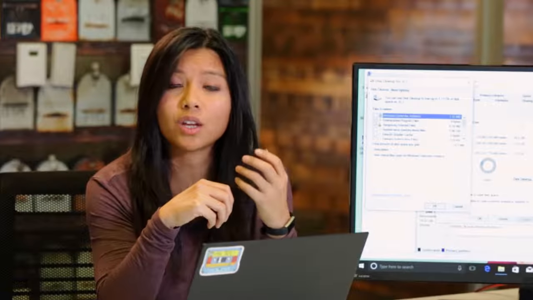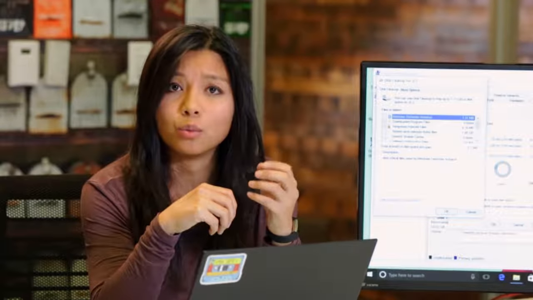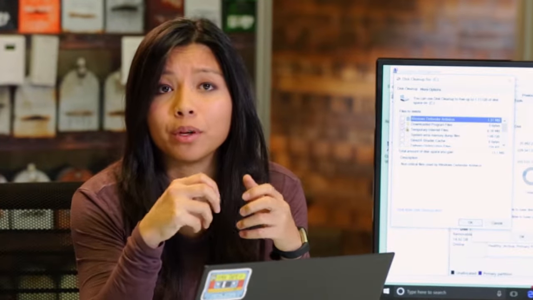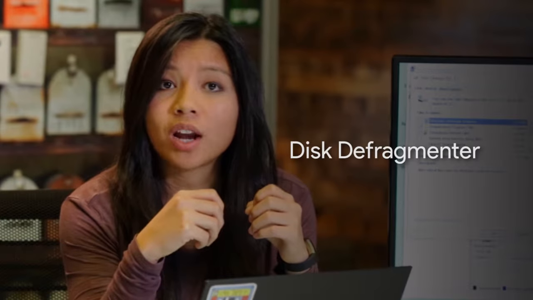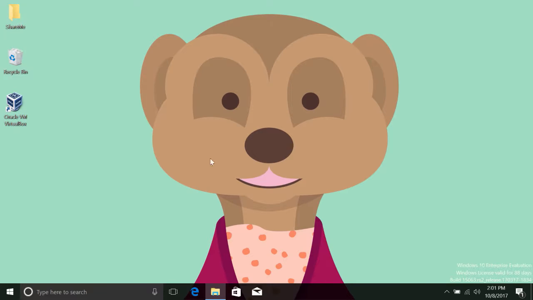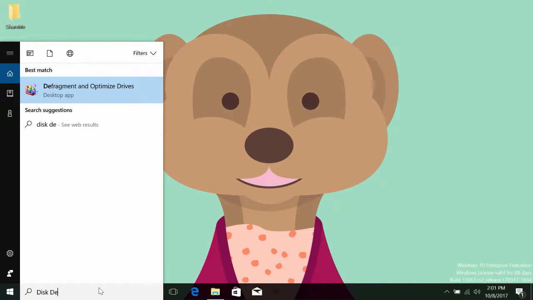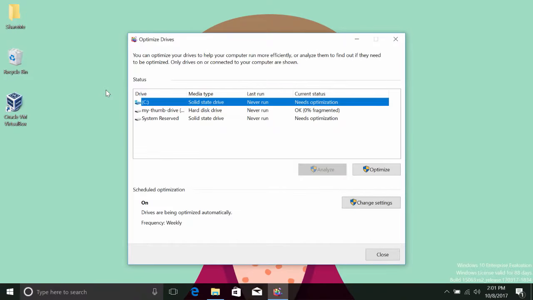Defragmentation in Windows is handled as a scheduled task. Every so often, the operating system will defragment the drive automatically, and you don't need to worry about it. But you can manually defragment a drive in Windows if you want to. To kick off a manual defragmentation, open up the Disk Defragmenter tool bundled with the OS. So type Disk Defragmenter. When it launches, you'll be given a list of disks which can be defragmented, along with buttons to analyze the potential gains from running a defrag or defragmentation, and to run the defrag itself.